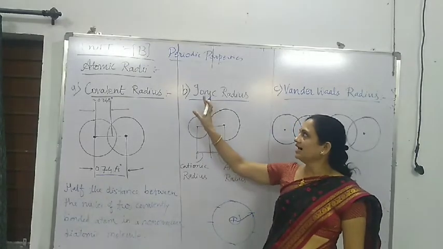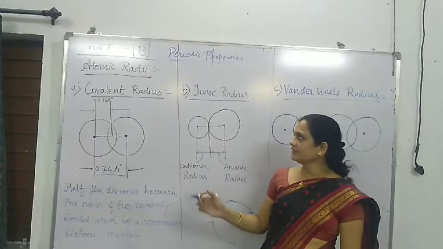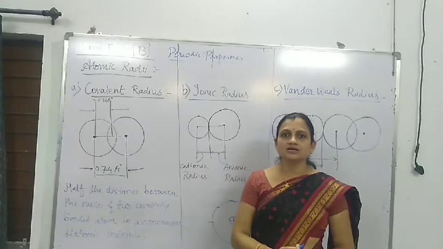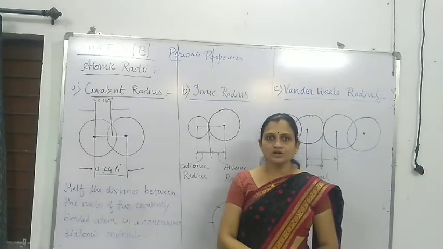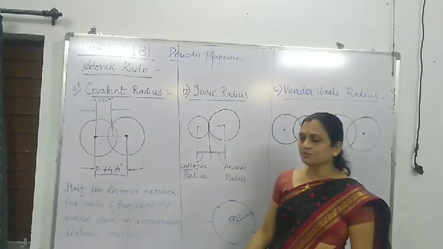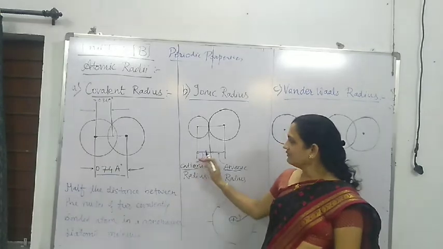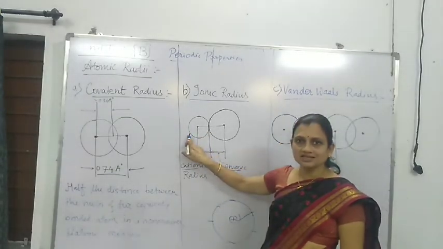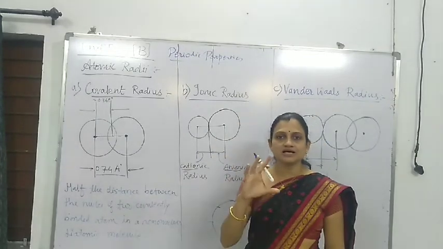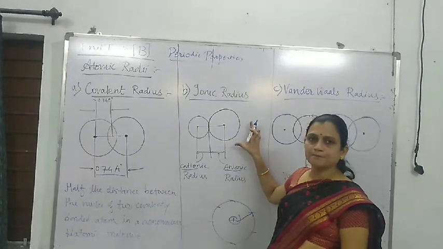That is, ions are formed either by loss of electron or by gain of electron. Loss of electron means the ion which is formed by loss of electron is known as cation. The ion which is formed by gain of electron is known as anion. Always cation is having smaller size as compared to anion. Cation का साइज हमेशा स्मॉलर होता है और anion का साइज हमेशा उससे बड़ा होता है.